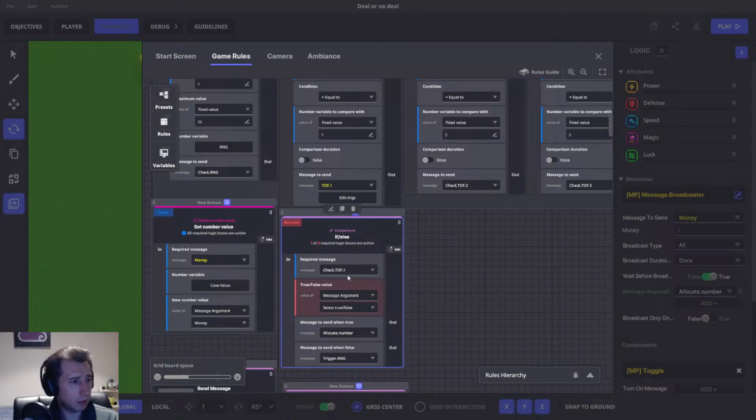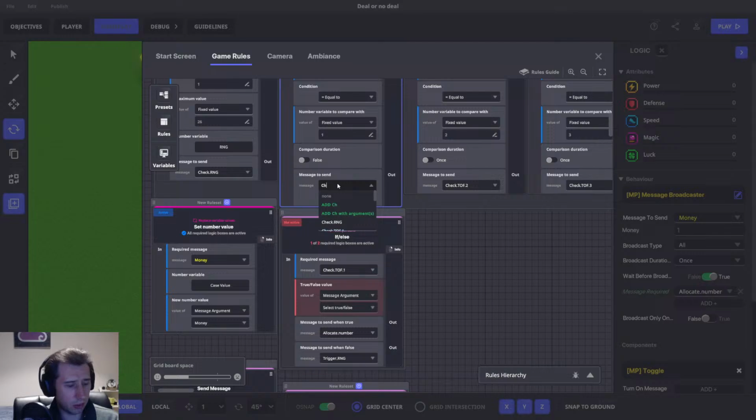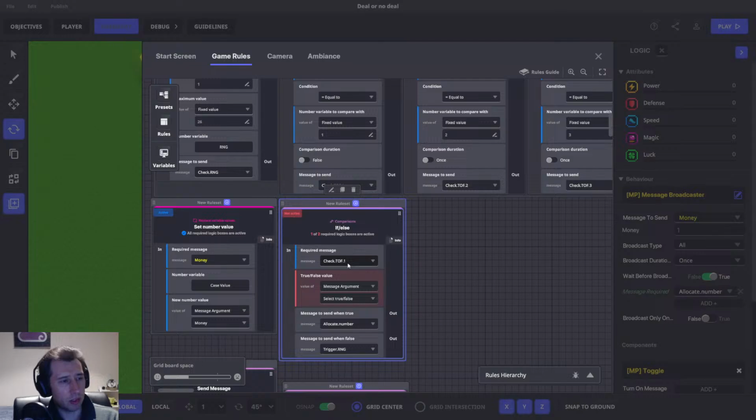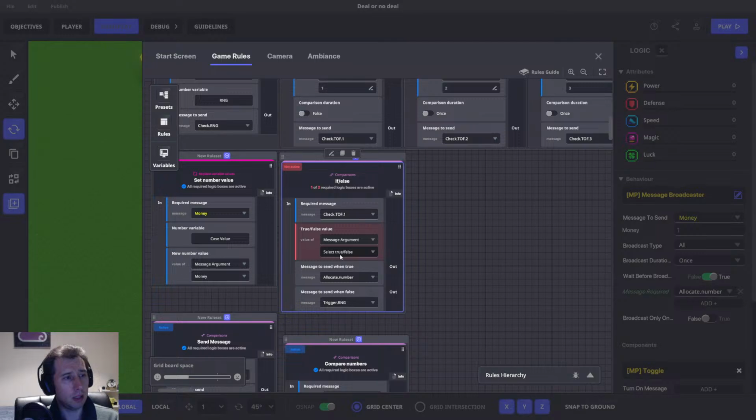Do I have to store this somewhere? Because if I check it, it's also going to send a message with a true or false statement. And that defeats the purpose, because this is not where we want to set the true or false statement. Then we send a message here and see if it's true or false. The variable, I don't know how to make this one true or false after without the message argument. And because there's no message argument, you would have to have a fixed value, and then when the fixed value is